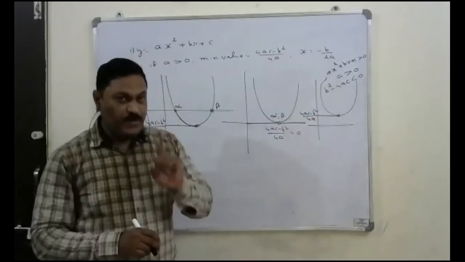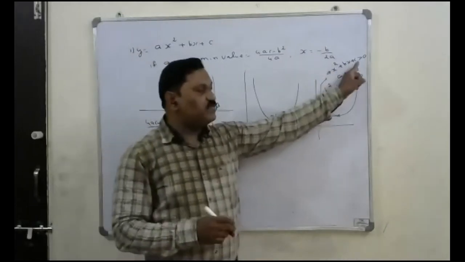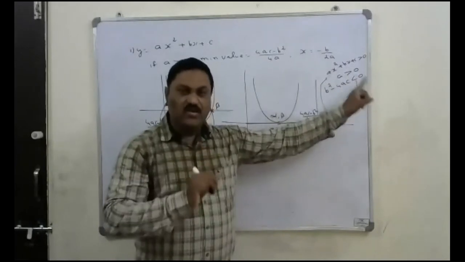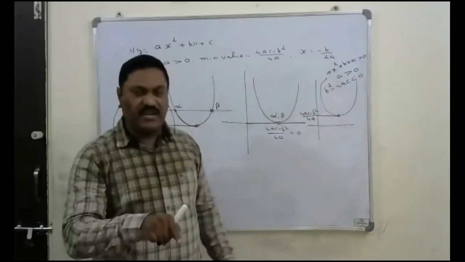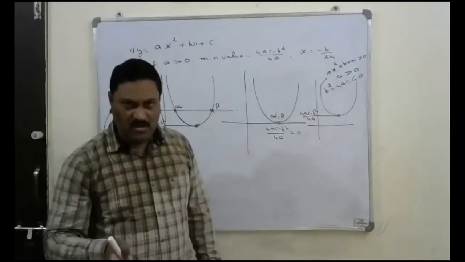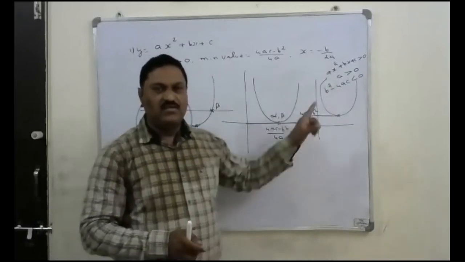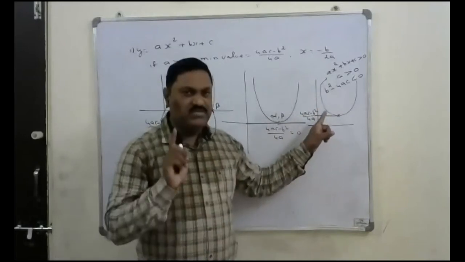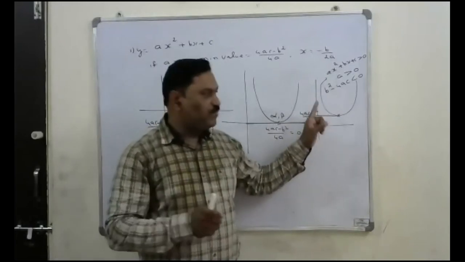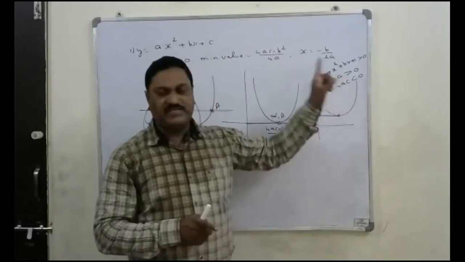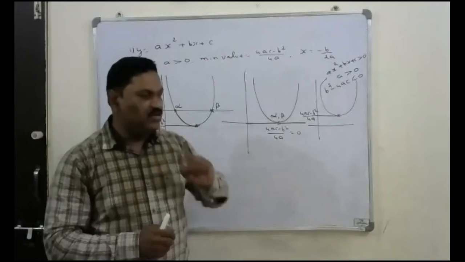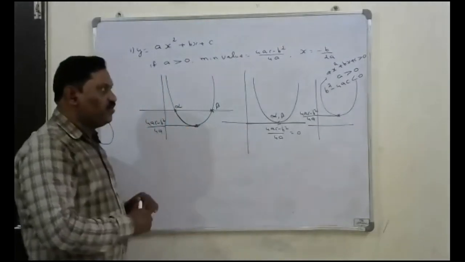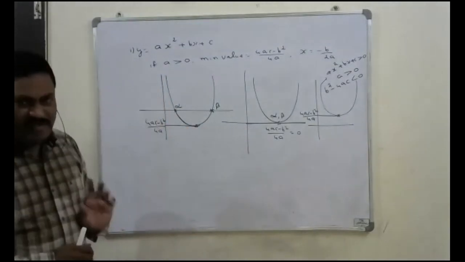When the expression, that is ax square plus bx plus c, is positive, and the coefficient of x square is also positive, if these two have the same sign, then for all x belonging to R, for all the values of x, it does not have any real root, meaning the roots are complex. That means the condition is b square minus 4ac is less than 0. This is the point you have to understand. So these are the three positions we have to remember for this minimum value.